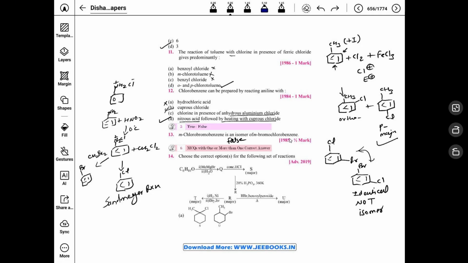Okay, now moving to question number 14. Choose the correct option for the following set of reactions. So this is the reaction of this molecule with the Grignard reagent followed by hydrolysis gives Q, then treating with concentrated HCl. Okay, after looking at the options, we can easily understand that this compound has a cyclohexane ring, and this cyclohexane